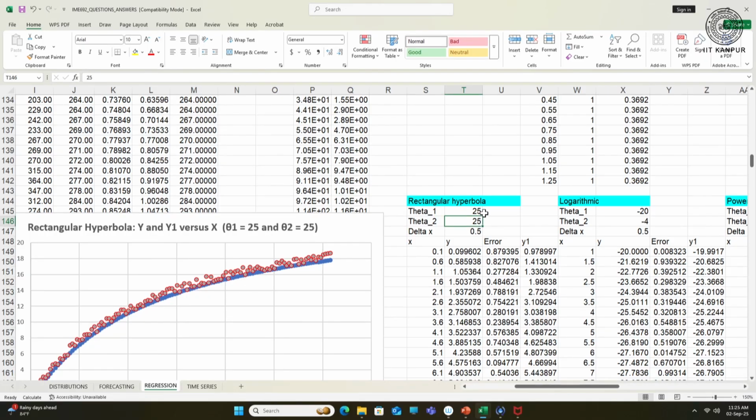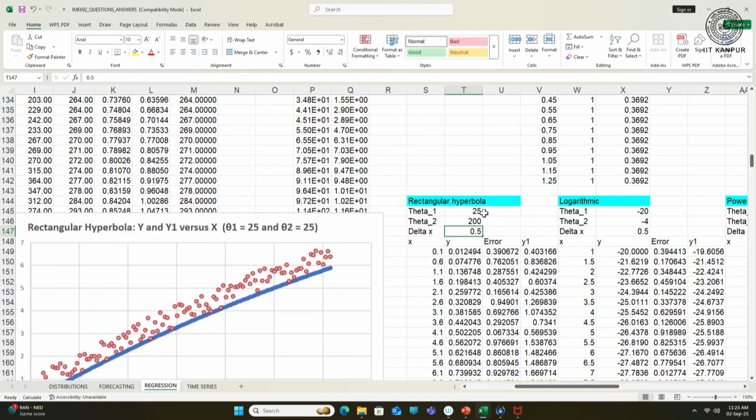So, now if I consider a very large value of theta 2, let us keep theta 1 as 25 and consider theta 2 as 200. It becomes almost a straight line, because the fit is theta 1 by x into theta 2 plus x, and as the denominator increases it becomes almost a straight line. Another important thing, as you keep fitting, also check what the y values are,